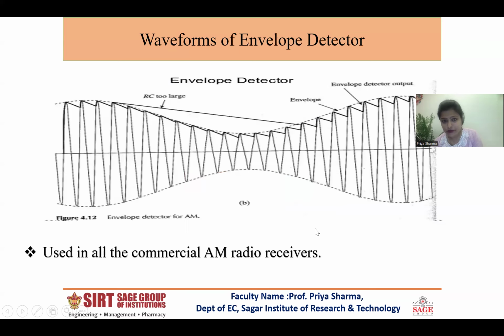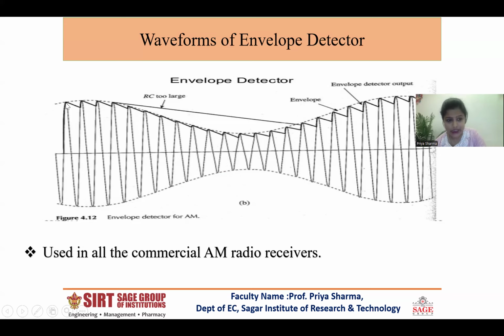Basically, looking at the waveform will teach you more. See, this is our message signal. This envelope is our message signal. This dotted line is our message signal envelope, which is known as the envelope. This is the high frequency carrier signal. So the input output waveforms for the envelope detector show the charging and the discharging of the capacitor. When the input signal is applied, it first charges the capacitor through the diode.